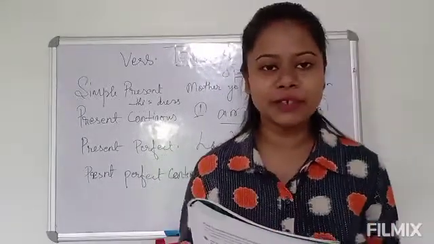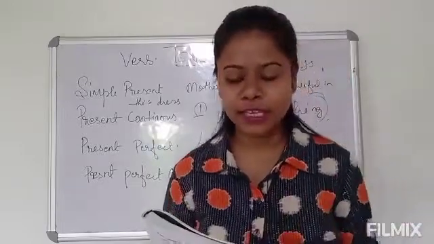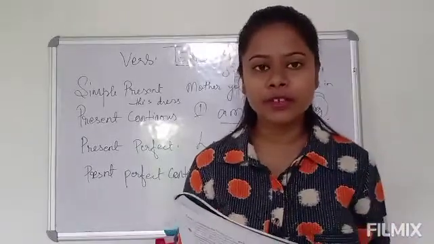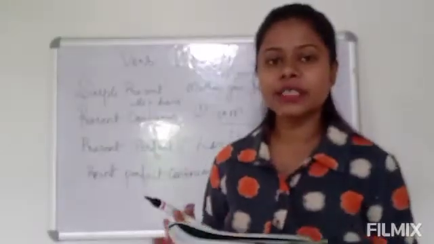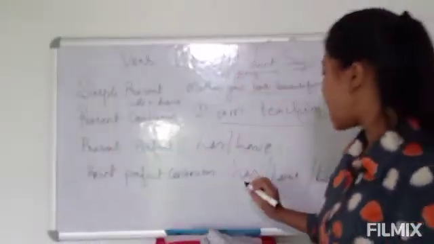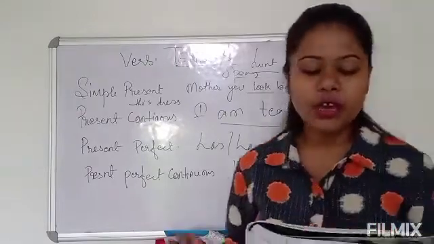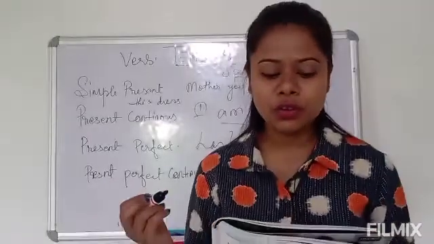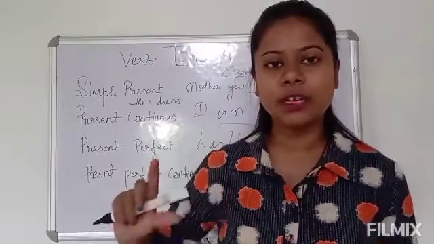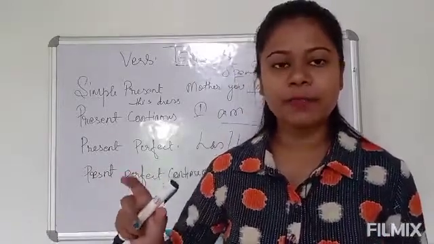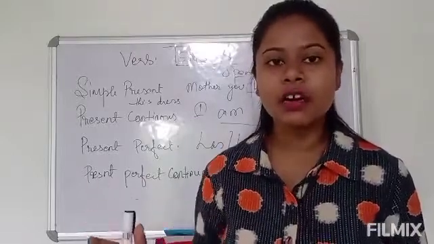Okay, next is present perfect continuous. So what is present perfect continuous? The action which takes place over a period of time and is still continuing till the present. Okay, and in this present perfect continuous, what we use is has, have, and along with that been is used. Okay, so for example, Madhu and Anu have been shopping for 2 hours. So we can see that these both girls have been shopping for 2 hours. I mean, they are still doing the action. The action is continuing.